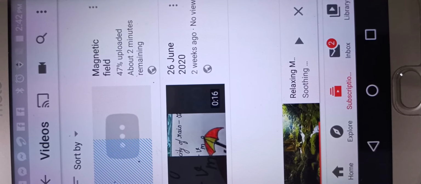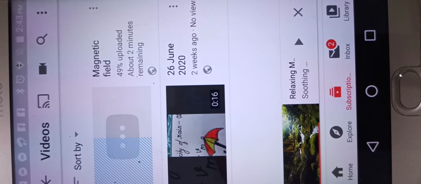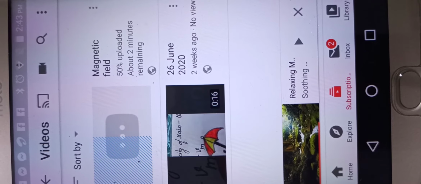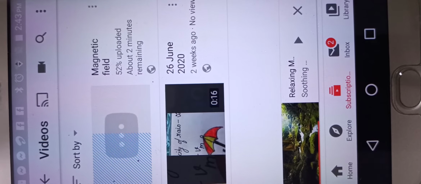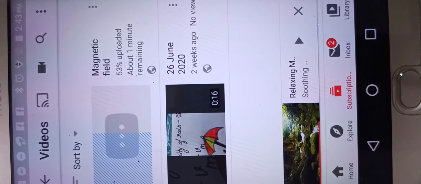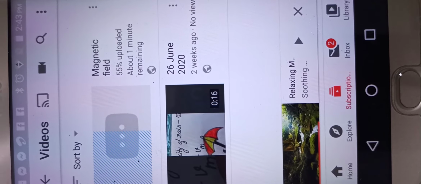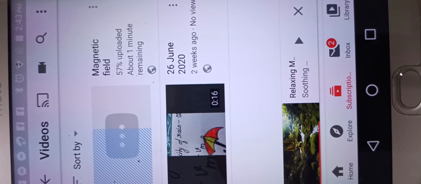And this is the benefit of YouTube, that your students' mobiles will also not get filled with the number of videos, and the memory will not be full, and the student will not be unable to go through those videos, and maybe the students are deleting them without going through them.